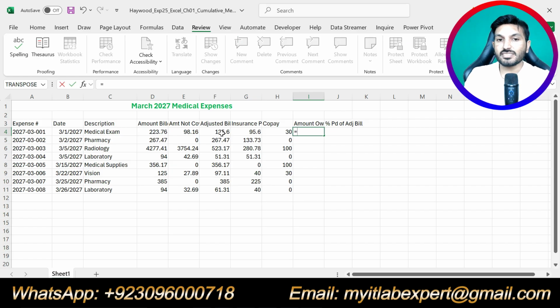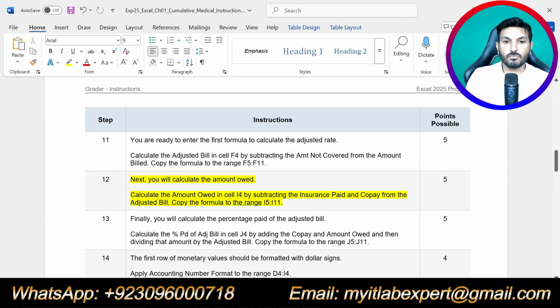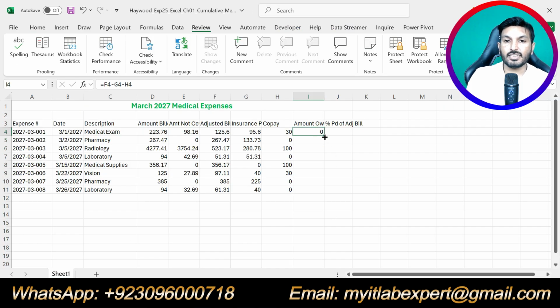So type an equal sign, select the adjusted bill minus insurance paid minus co-pay. We will get the result for this one. Copy the formula to range I11. So use the fill handle and we will get the result for the other values.